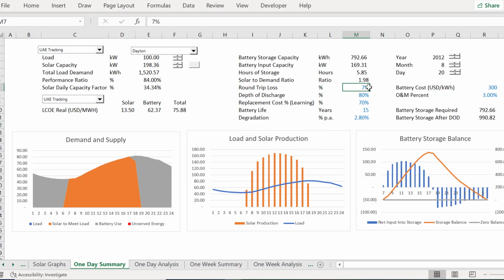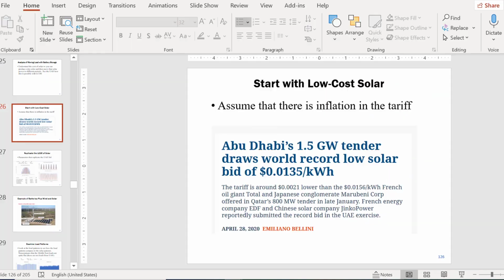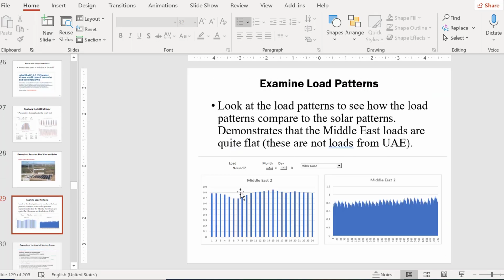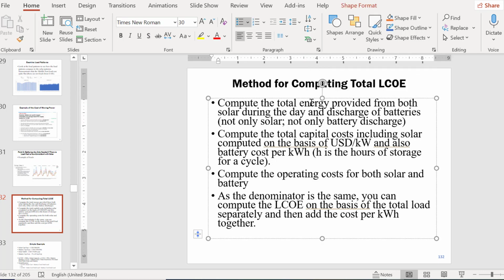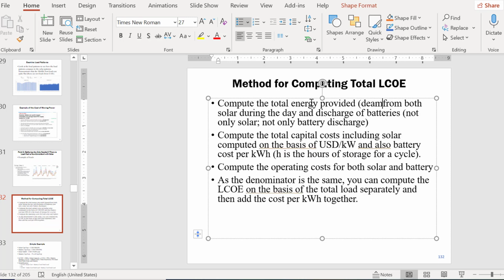Well, you don't care. And then, so we have this much demand. Now, so I'm going back to this thing. And what I'm trying to say to you is, when I measure the LCOE to get out of this horrible, stupid confusion about LCOE of storage and all that, why don't we do this? Why don't we compute the total energy provided? And I'll call this demand.